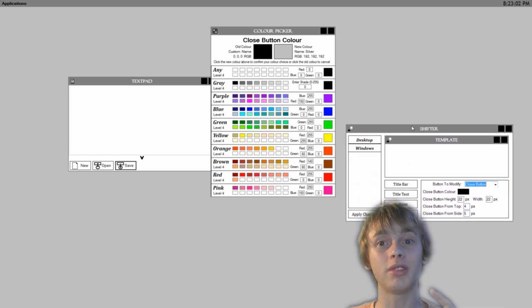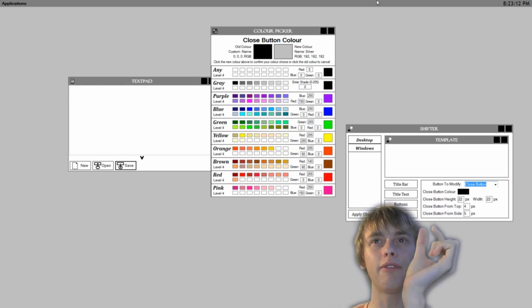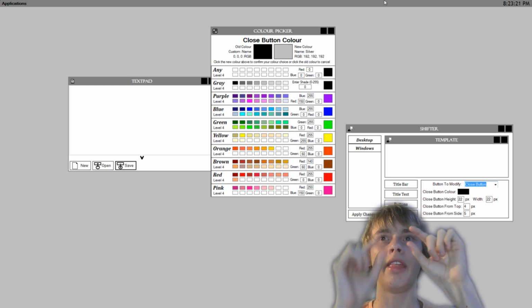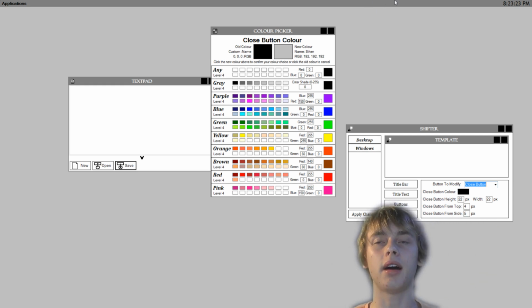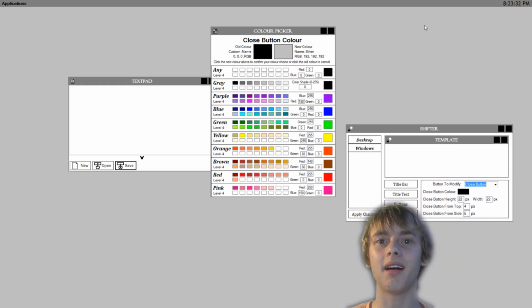You could even literally go on the internet, get a photo of Windows XP, and you could actually tile it so that you get the photo and you get this tiny little bit of the taskbar. As you can see at the top of the screen, there's a taskbar. Get this tiny little 5 pixel thing of the taskbar, and then make it tile across this taskbar. So I'd go here, I'd go, okay, yep, taskbar, I'm calling it taskbar, it's actually called the panel in ShiftOS, and then you get to tile it, and you could make this whole top bar whatever skin you want,